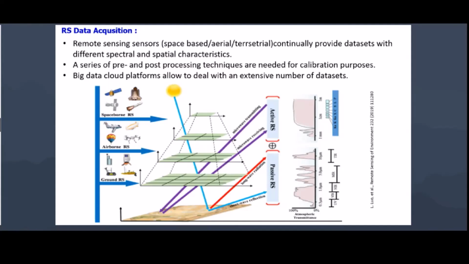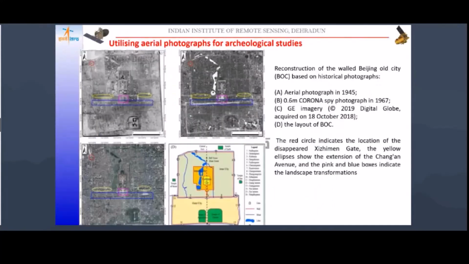And we have seen that for certain applications, especially if you need quick data, near real-time data, and for visualization, these form a very good means of collecting data. And the 3D models that are generated, probably my colleagues will show them to you in the coming lectures, are of a quality which is suitable for such applications. So with this, let us see a few examples of how these data sets can be used for heritage mapping